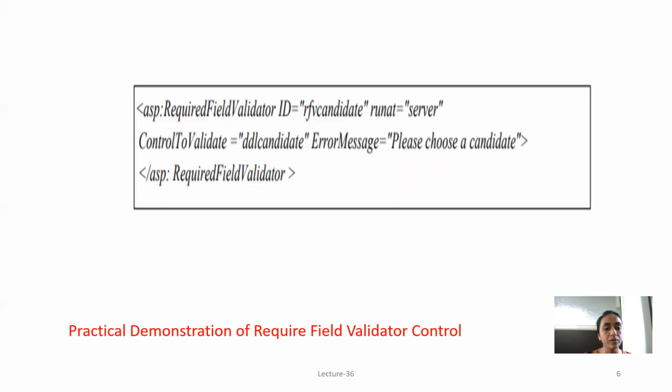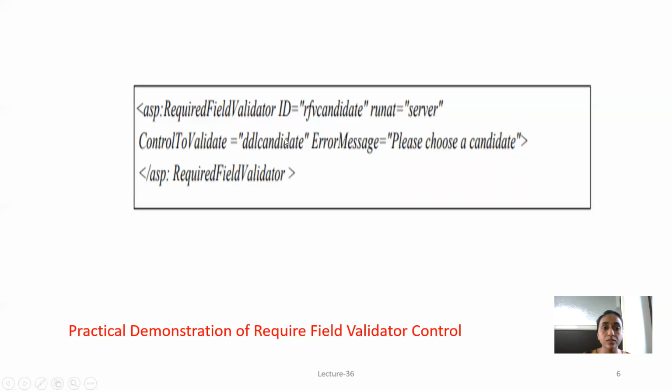Now we will see how the code is written in ASP. First you need to write asp:RequiredFieldValidator. The ID and runat equal to server is a compulsory property in all ASP tags which run on the server side. So here we will mention the ID. You can assign any ID. If you have taken a required field validator first, then by default the ID will be RequiredFieldValidator1. Then runat equal to server and ControlToValidate. ControlToValidate says which control this validator will validate.